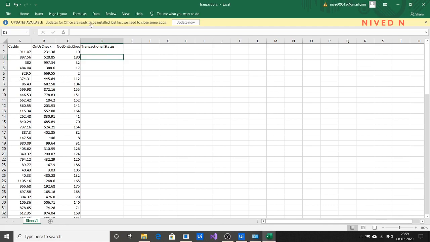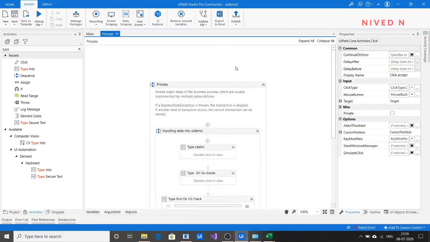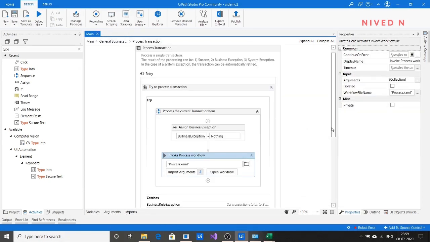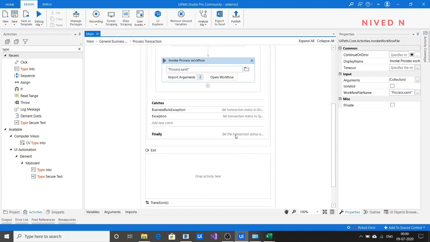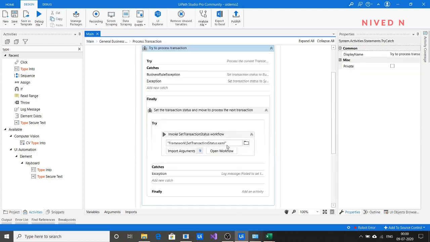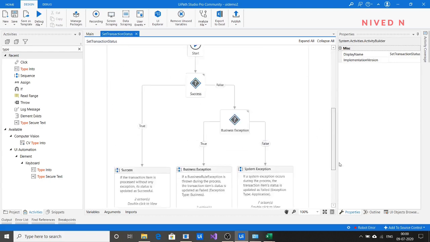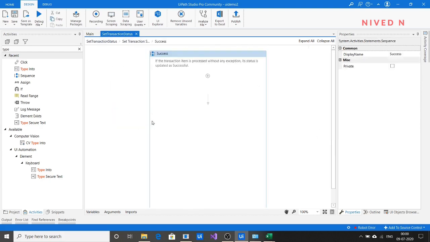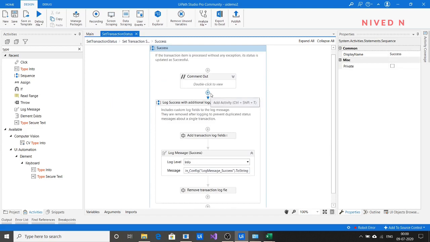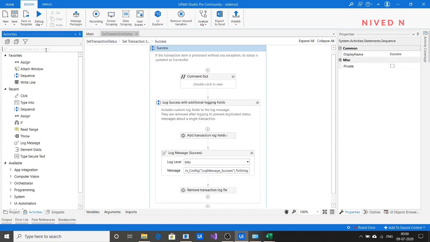Okay, so for entering those details, you can just go to the get transaction status section in the process state itself. Just go here, open the workflow and go to success. First we have to go to success. So here you want to input the data.